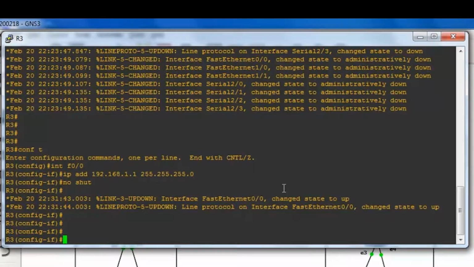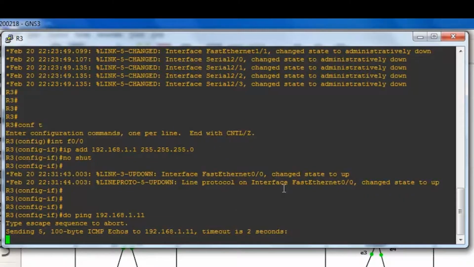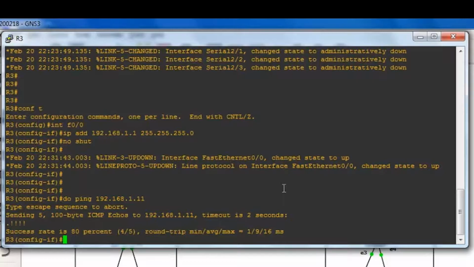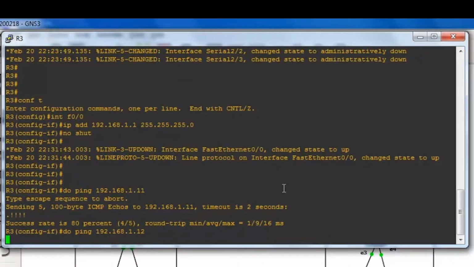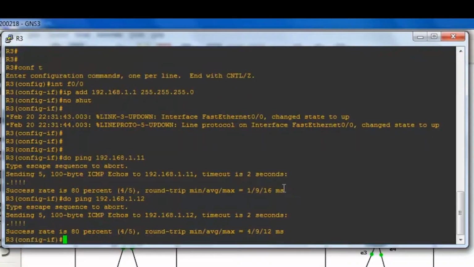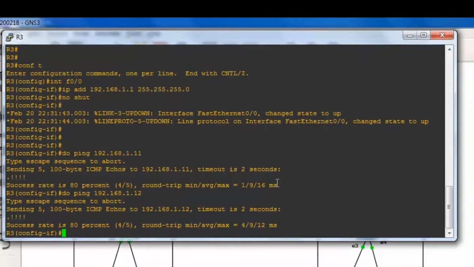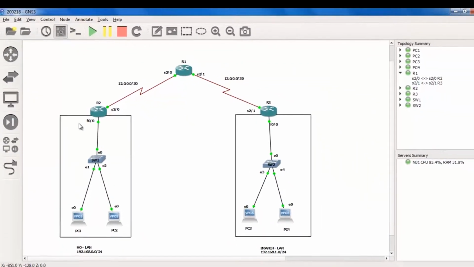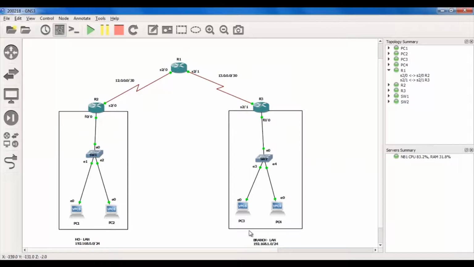So it's done. Let me try to ping from here to the clients, 192.168.1.11. I hope I have given the correct IP addresses as 11 and 12. Yes, it is correct. 11 is reachable, and now I'm trying 12. Yes, both are reachable. So that means basically we have configured the head office local area network and the branch office